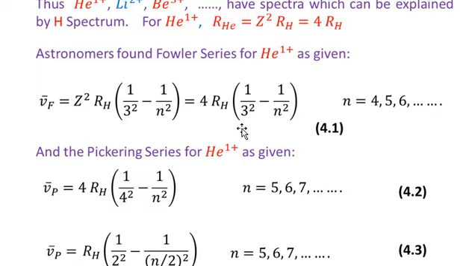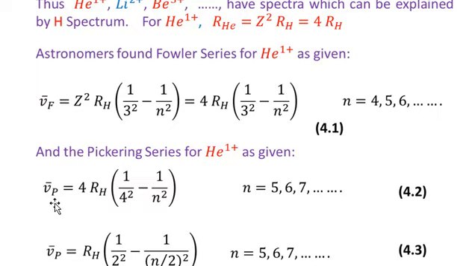You see that the formula is very similar to the formula we have seen for the case of the hydrogen atom. So this is the case of hydrogen-like atom. Particularly, we are talking about the helium singly ionized, and you see that except for the factor 4, the rest of the quantities are very similar to those of the series in hydrogen atoms. And there was another series which is called the Pickering series for the helium singly ionized